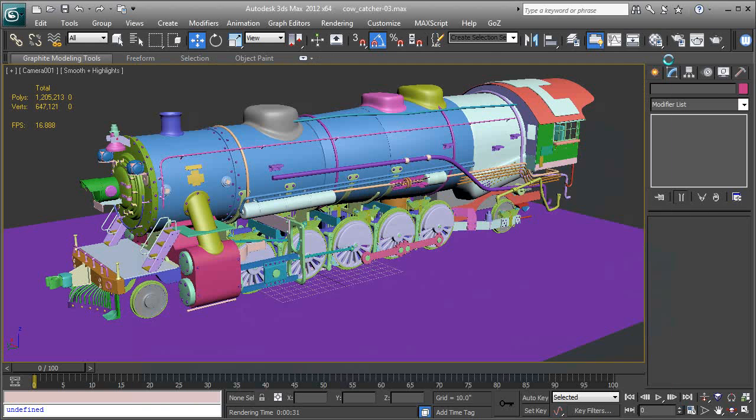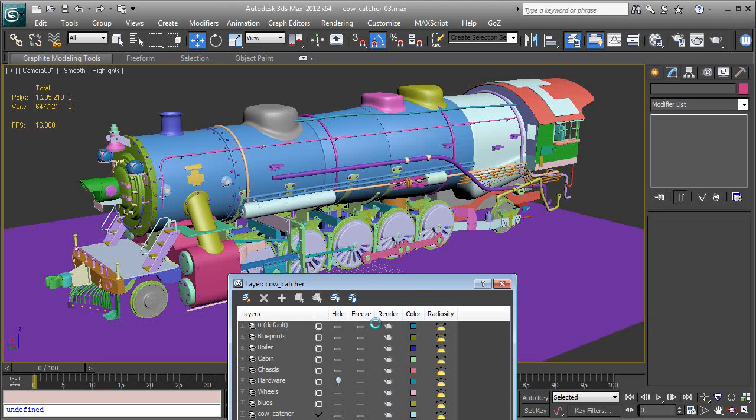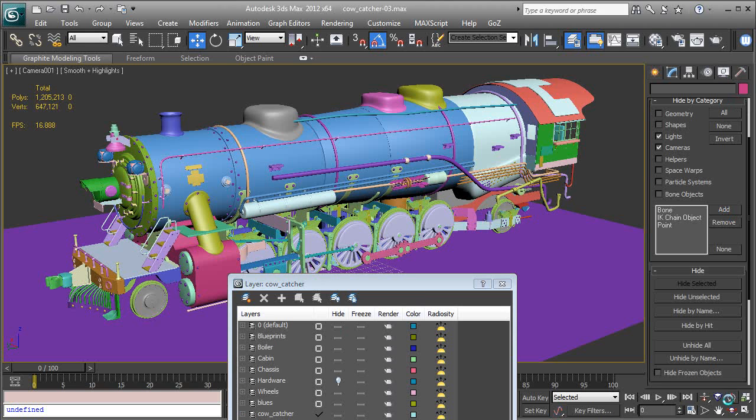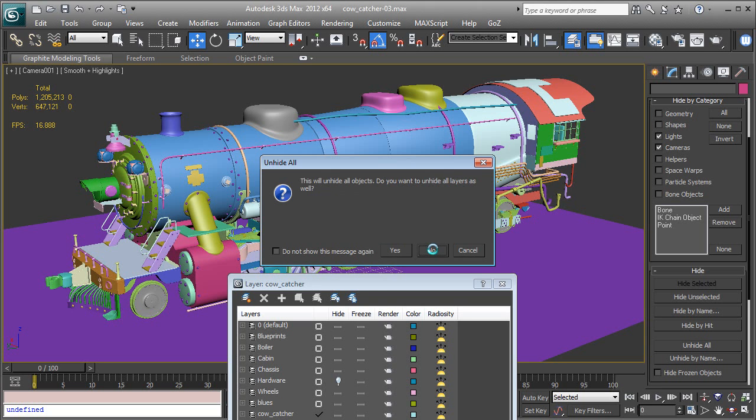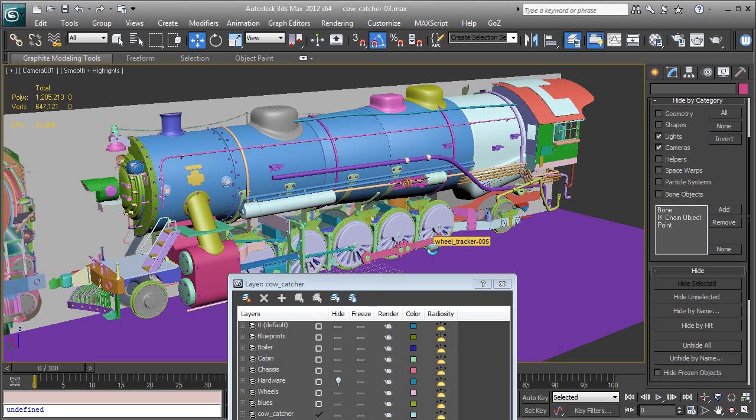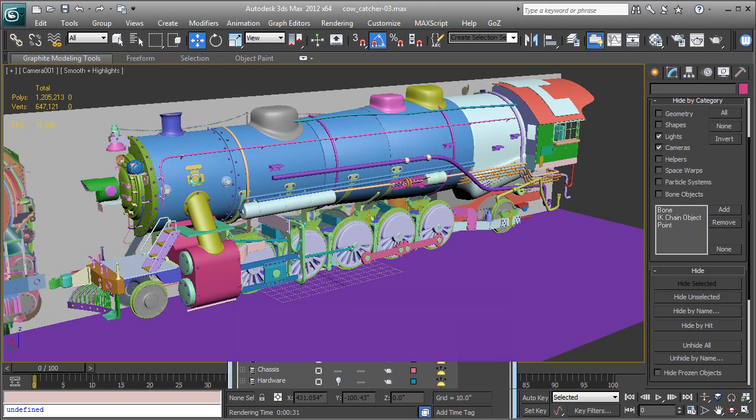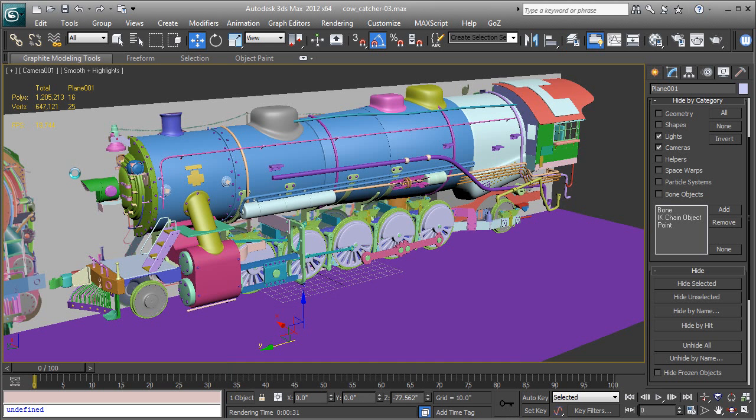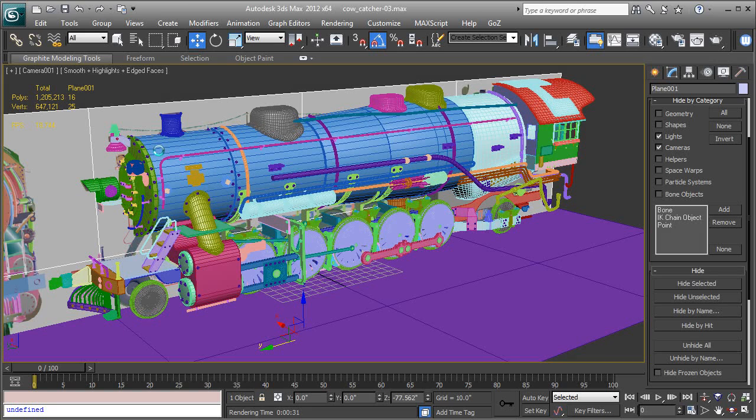So I'm going to hide this render, and we're going to unhide all. I want to make sure we go to Layer Manager. Blueprints are showing, so what we'll do now is unhide all, click on No, and we have the blueprint showing. Okay, and now what we're going to do is select the blueprint, F4 to make sure we have it selected,